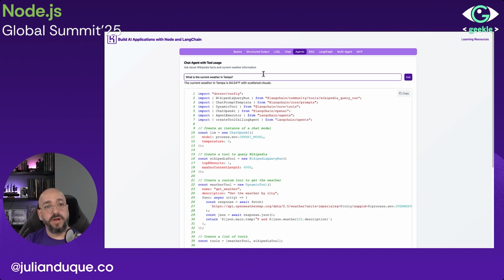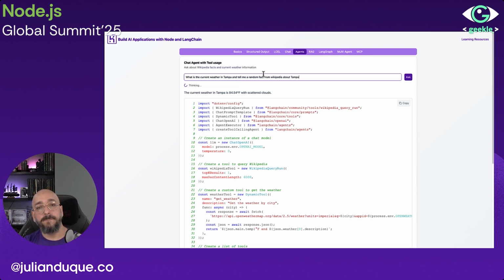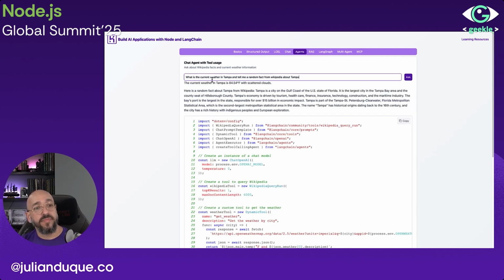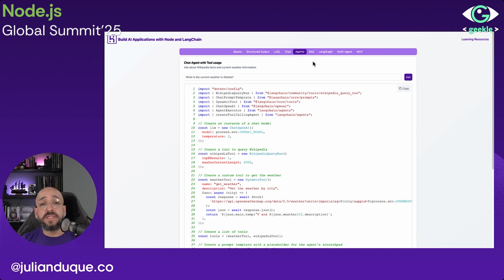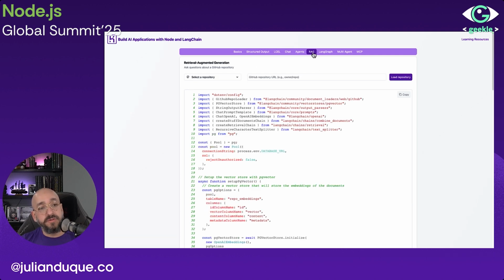It's giving me the weather and tell me a random fact from Wikipedia about Tampa. So now it is going to use the other tool. So the current weather, and then there is a random fact about Tampa from Wikipedia. Fantastic. You can find another examples here, like the Retrieval-Augmented Generation, where I'm storing repositories into a vector database, so